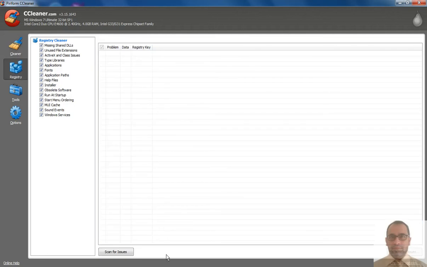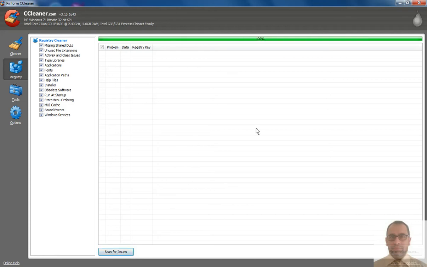Click on the registry and at the bottom over here you can see scan for issues. Click on this, and fortunately I don't have any issues. If there are any issues, it will show you all the issues in this particular box. You can select those things and click on fix selected issues, which appears here on the right hand bottom side of the screen.